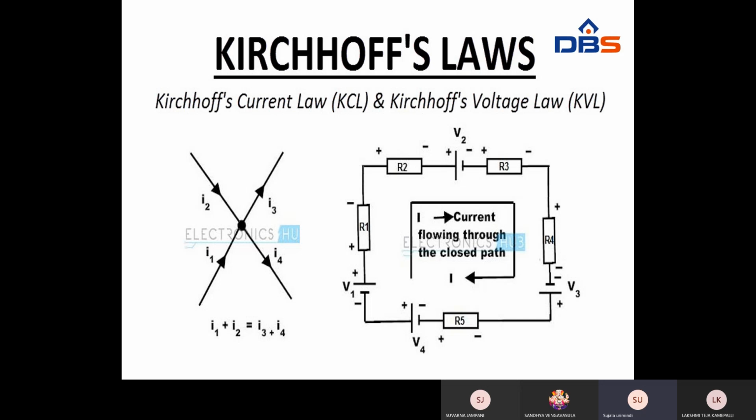We know that the sum of the voltages is equal to 0. So when you write down the equation, when there is a rise of potential, put it as a positive sign. When there is a drop of potential, put it as a negative sign. That means if there is a voltage V1, going from minus to plus, from negative to positive, it will be a rise of potential. Then you have to put a positive sign.